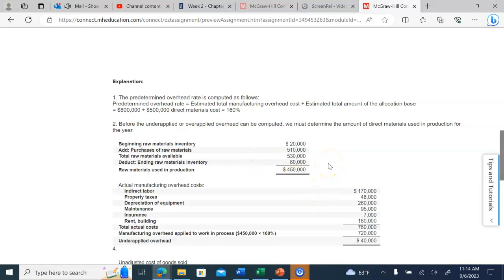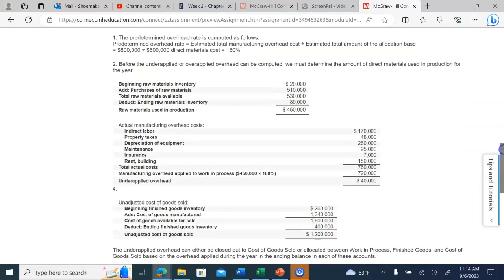Then we add all of our costs, the actual manufacturing overhead here, our indirect labor, property taxes, depreciation of equipment, maintenance, insurance, rent, and then we offset that with our allocation base,